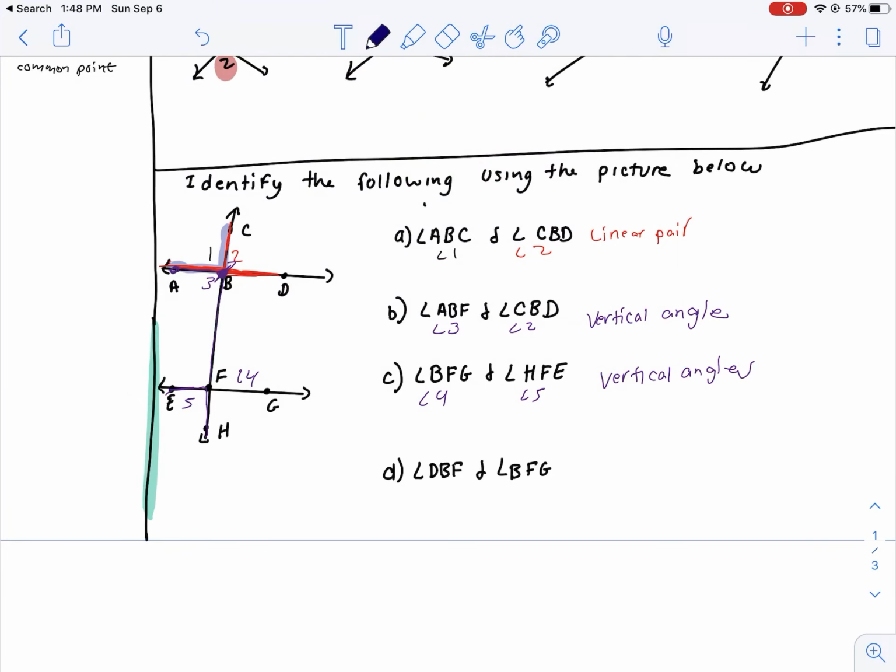And last but not least, DBF, which is another way to say angle 4, and BF. Oh, that's this angle right here. Sorry, that's this angle here. We'll call that angle 4. So let's move that. That's this angle. See the mistake, and that's fine. We all make them. Actually, angle 6. There we go. Different name. What do you notice? Well, they're not adjacent. They don't form a line. And they're across. So this has no name right now. And that's different types of